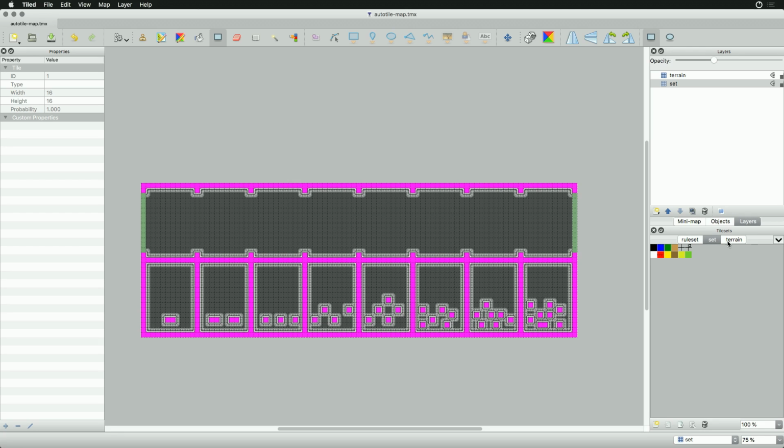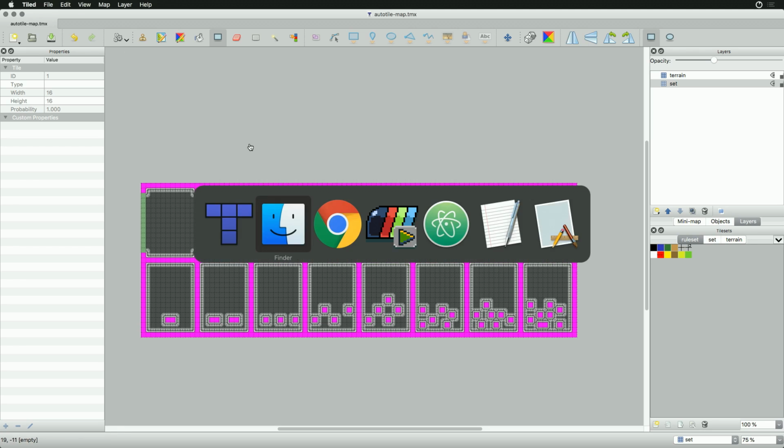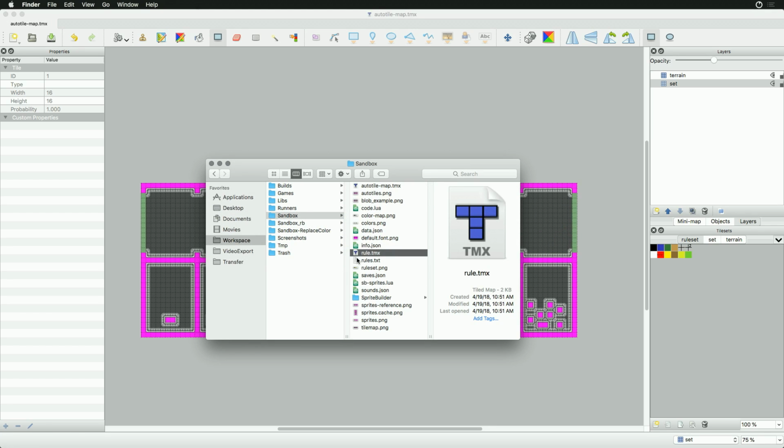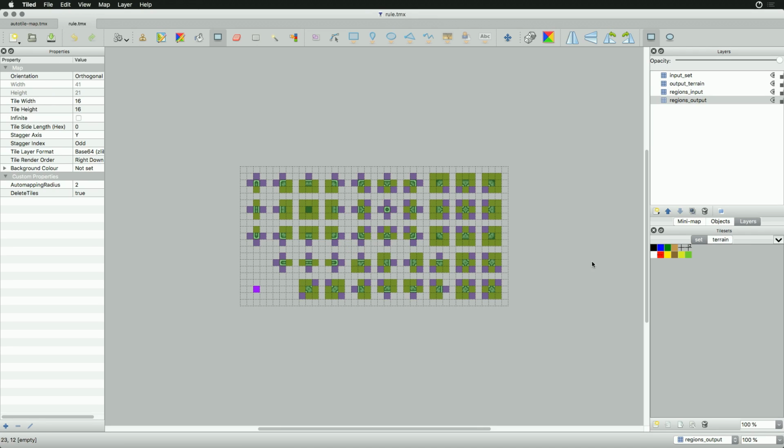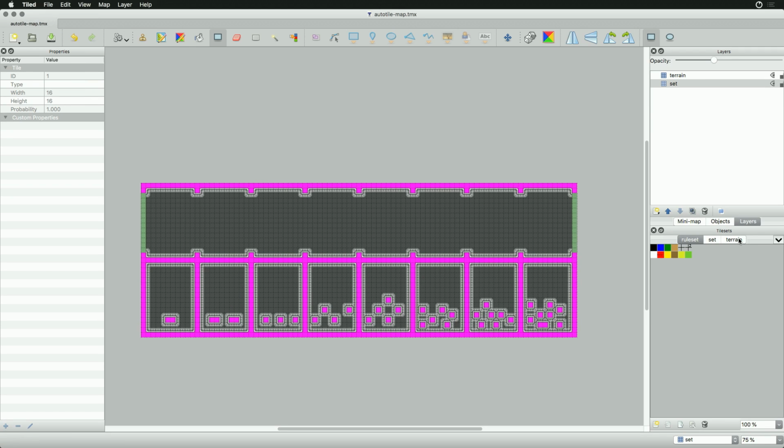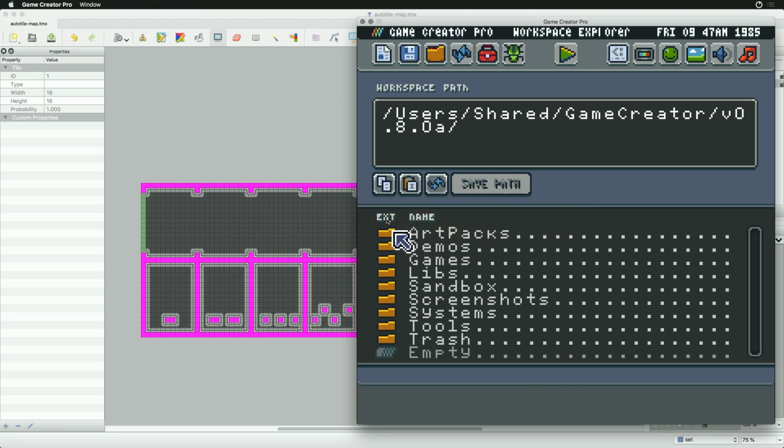this rule set terrain. I wonder if you even need the set. Terrain set. I guess you need the rule set, because if I delete this set, it probably would break everything. What we should do is let's go ahead and